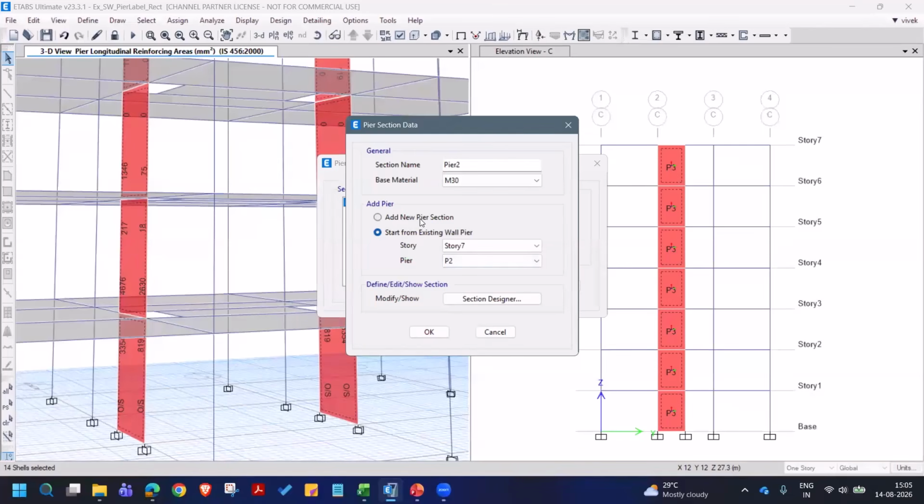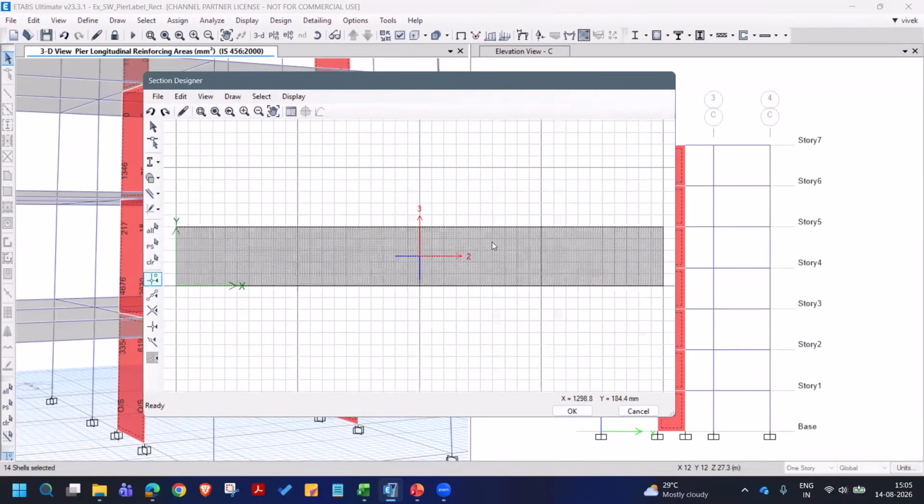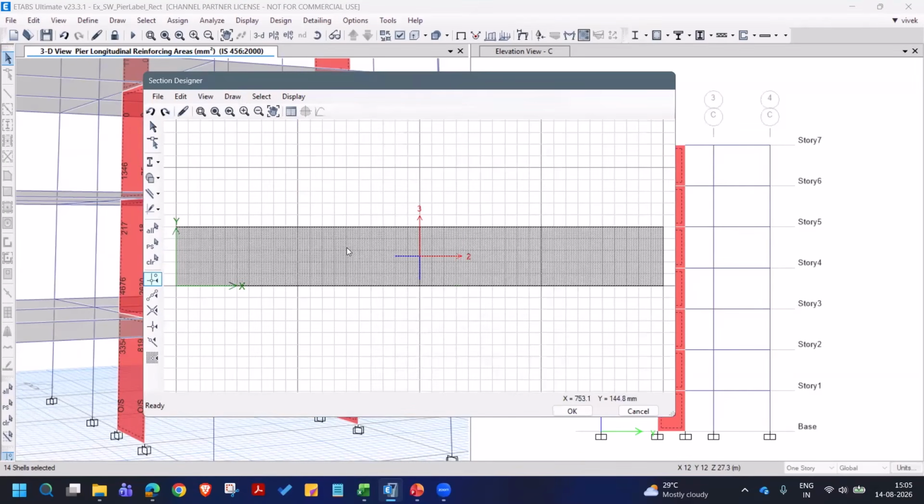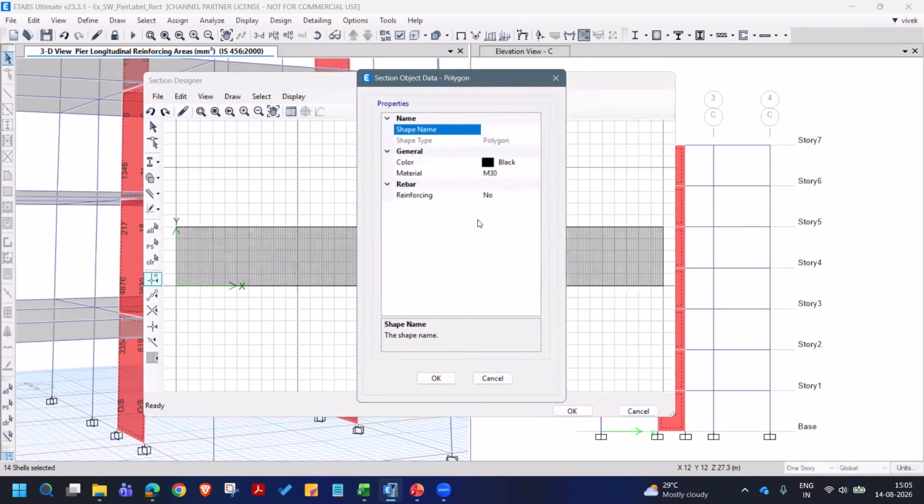We will have to do certain modification. I will show that in this, or you can also create a new section directly. So both of it will take you to the section designer by pressing this button. Okay. What you're seeing is the cross section, M30. We'll come back to this. Let us update this